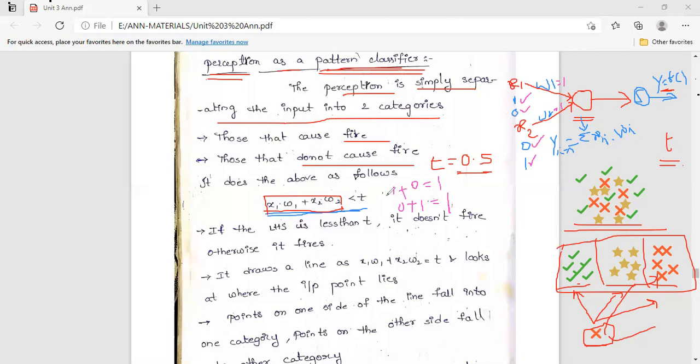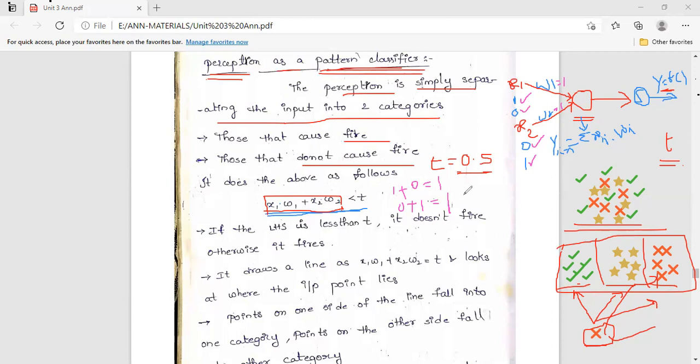In the first situation, x1 fired, x2 not fired. In the second situation, x2 fired, x1 not fired. So both have the value of 1. 1 is greater than 0.5. This is the expected outcome, we are expecting this one. These two values are greater than 0.5, so the situation is called the inputs are fired.